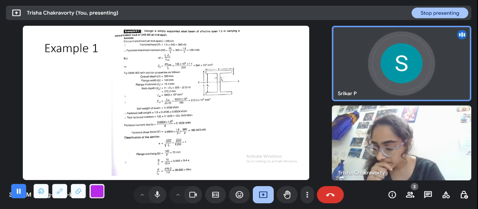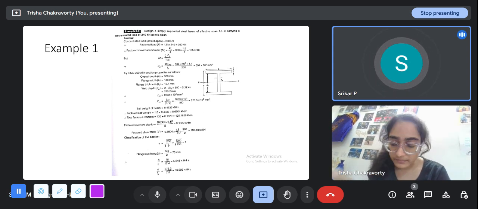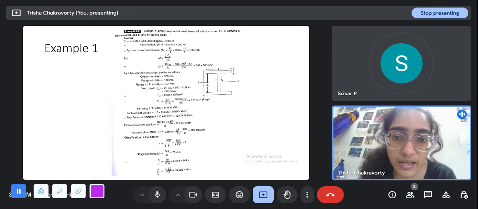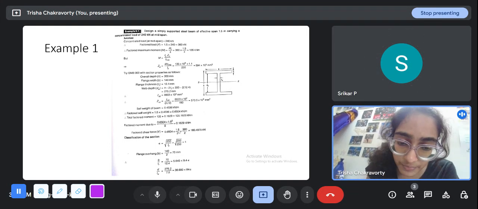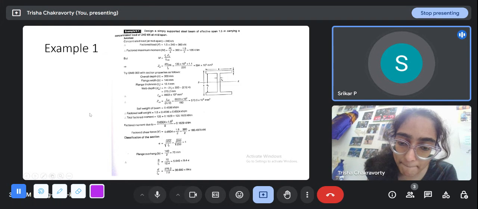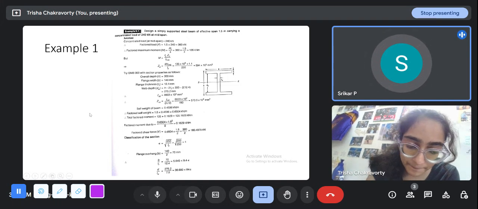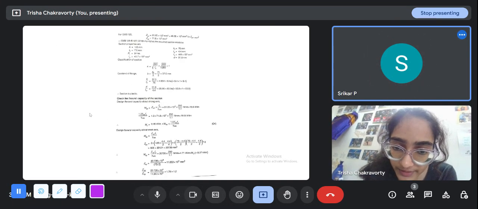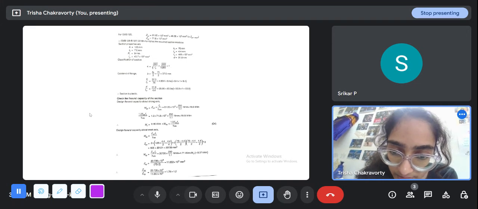In the laterally supported beam procedure. Yes. Okay, is this one related to laterally supported or unsupported? This is laterally unsupported. No, supported one. Okay, are we discussing the problems in laterally unsupported ones, or is that next? It's not here, but if you have any question, you can ask.